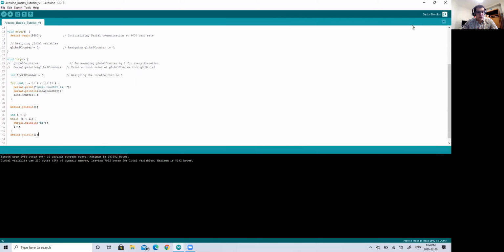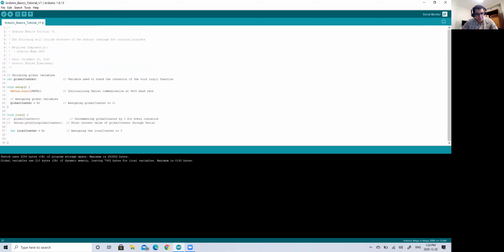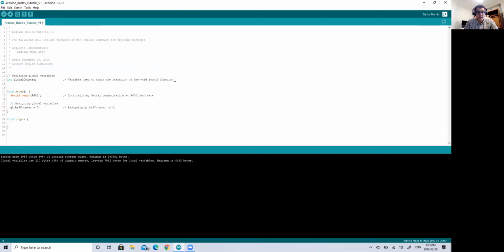So this is the idea of the for loop, while loop, global variables, local variables, and hopefully that all makes sense. One more thing to talk about, which is quite important, is functions. Now, I do not need these anymore inside the variable here, so we can talk a bit more about the functions. But before we do that, I just want to talk a bit more about the various variables